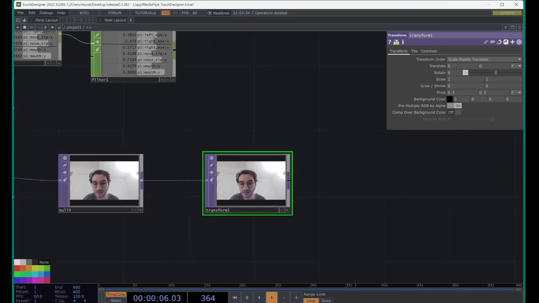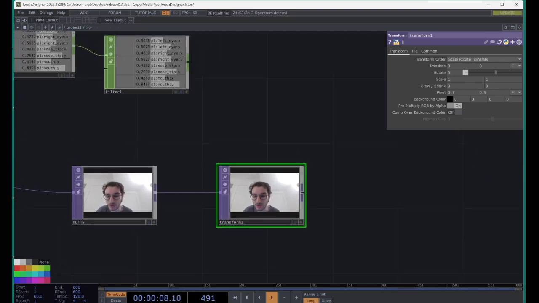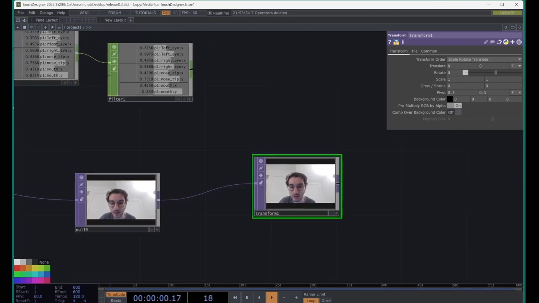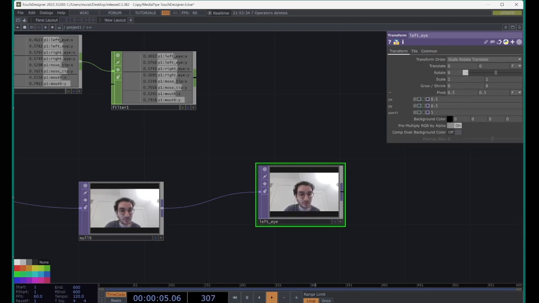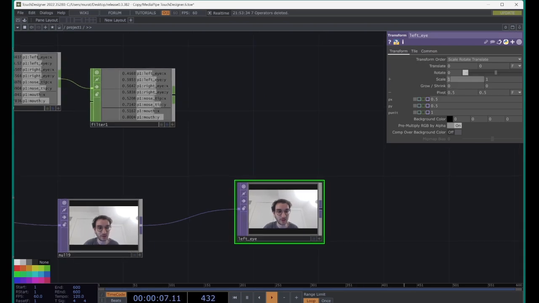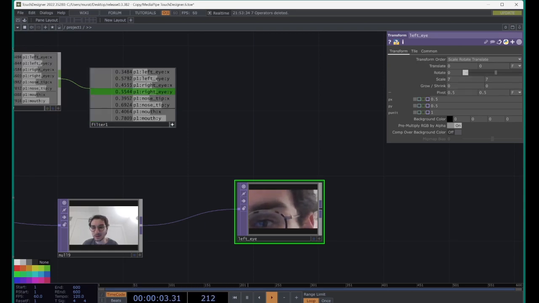So first, let's do this for the left eye. Let's name this left eye, and then I will be using these pivot locations. I'll be doing a zoom of scale 7. And then for the left eye,